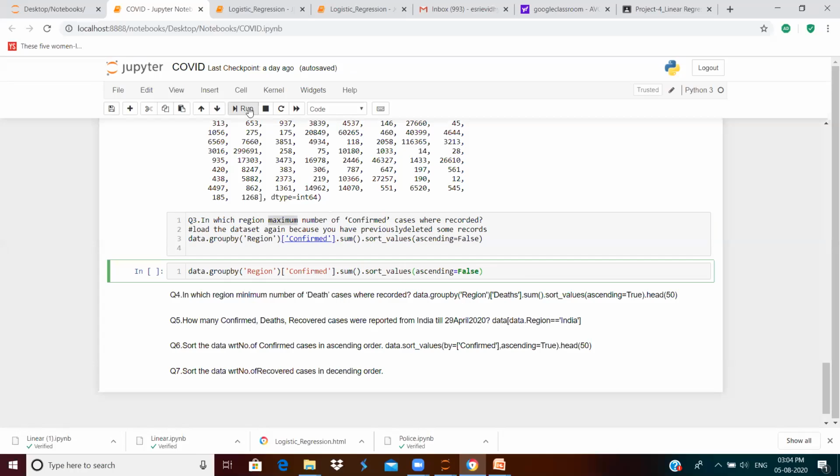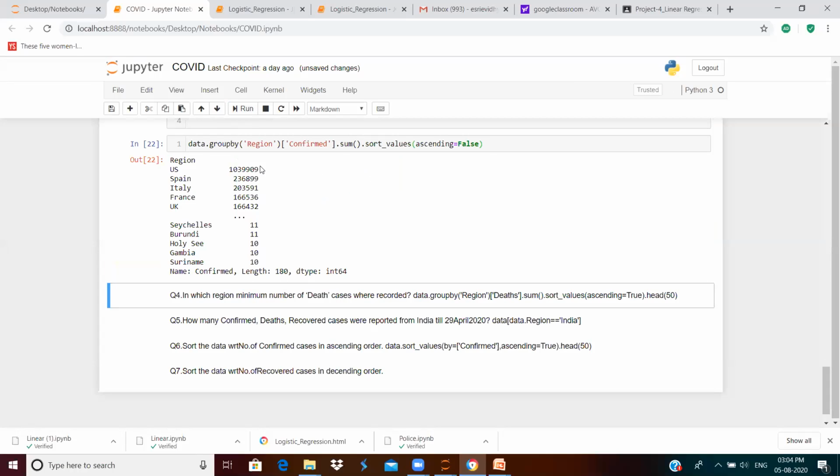So this we have already tried, and this US is giving the maximum number. Let us find out the minimum number of confirmed cases now. So here it is going to be true. If you give ascending is equal to true, then the top record will be the country with the minimum number of confirmed cases, right? Okay.